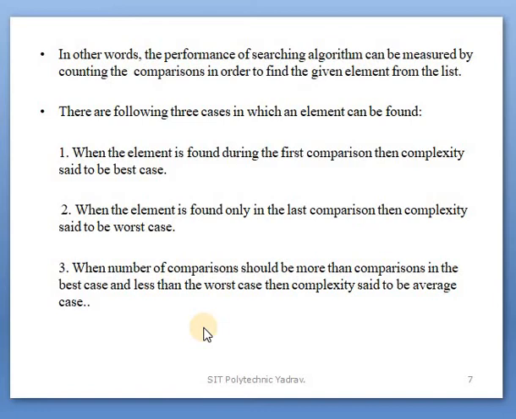What is meant by complexity, time complexity, space complexity, best case, worst case and average case was studied in our previous lecture. Those points of algorithm complexity are cleared, so it is not difficult to understand.